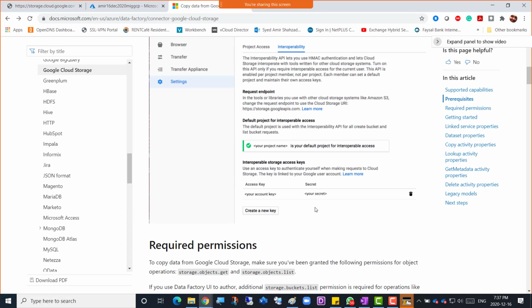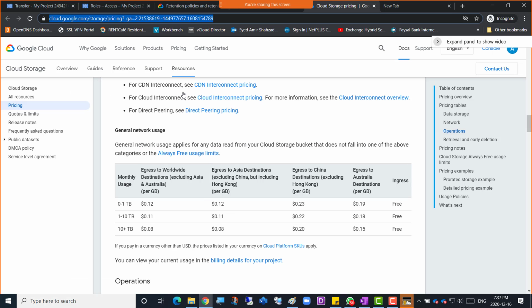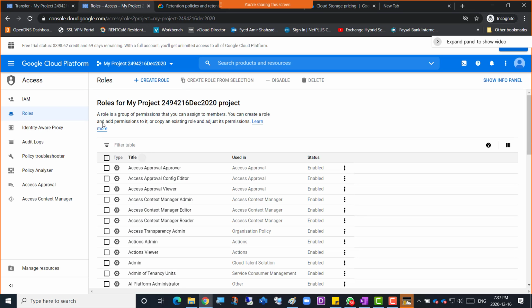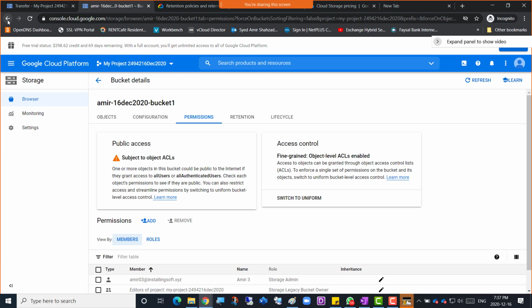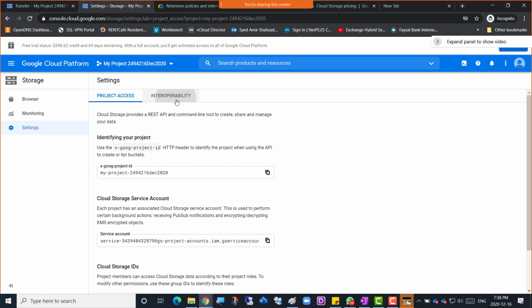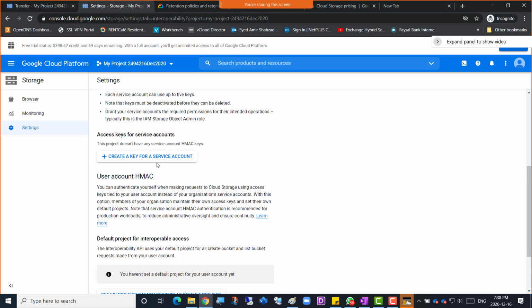So we have to have a service account that actually has those particular permissions. That is there, yes. And if I go back, although I've given some bigger, higher-level permissions there, like storage admin, when I added the others, I did not add fully. I didn't add anything at all. So this was in the settings, then interoperability, and there we had the option to create a key for service account,